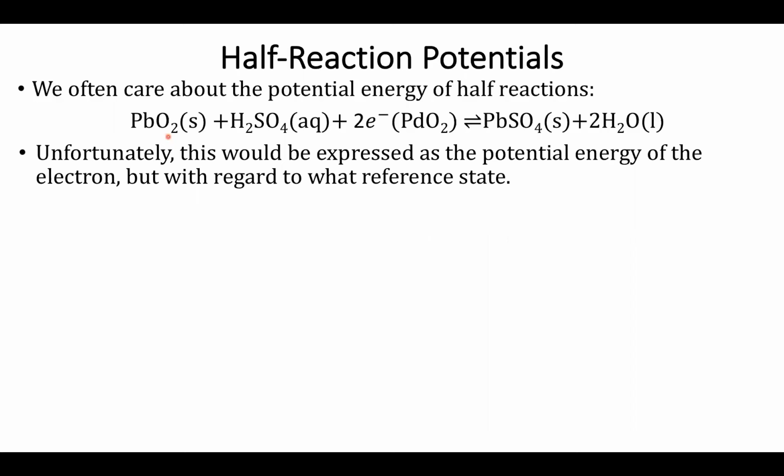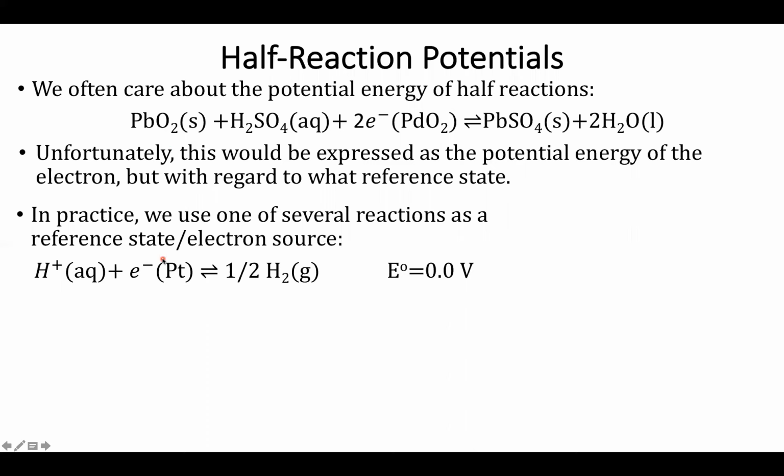Because if I'm reducing the system, that electron needs to go somewhere. So, I need to have a set reference energy of how much potential the electron will have if it goes to a given location. There are multiple different reference states we can use. However, the single most common is a hydrogen electrode, often known as the standard hydrogen electrode. And the idea here is I'm going to combine my little electron, which is going to be placed on a platinum electrode,